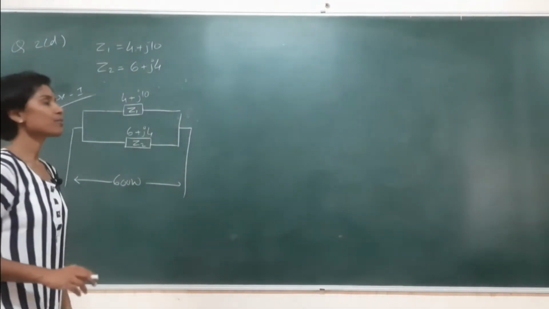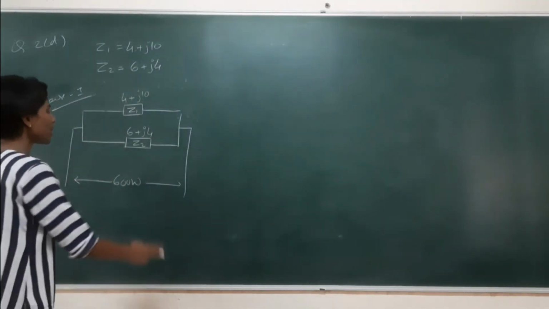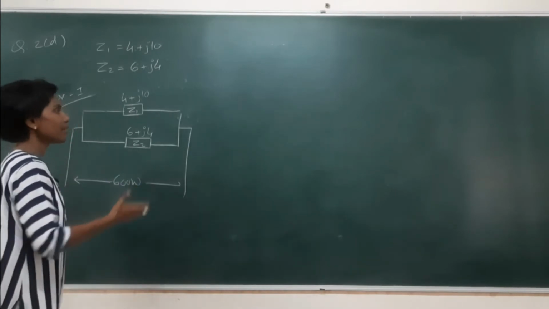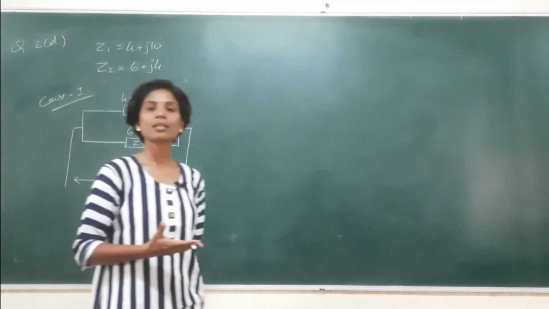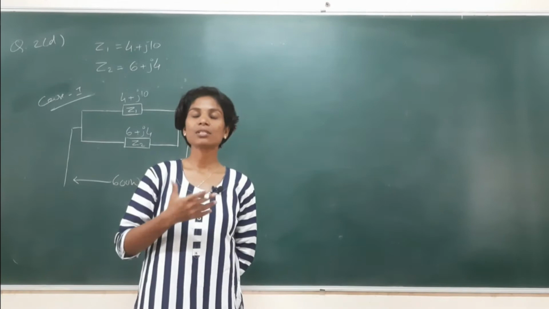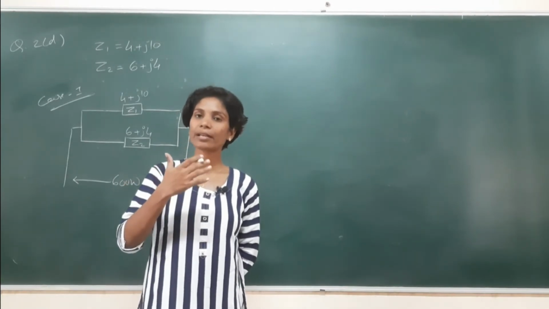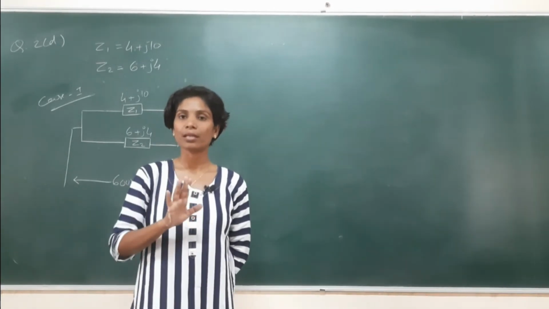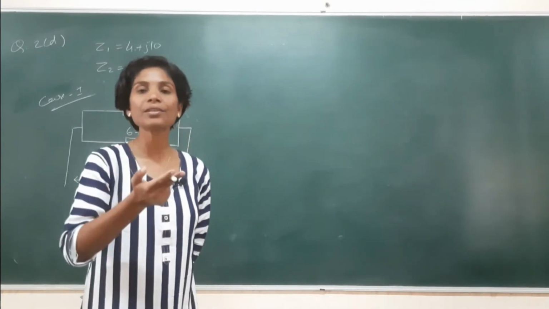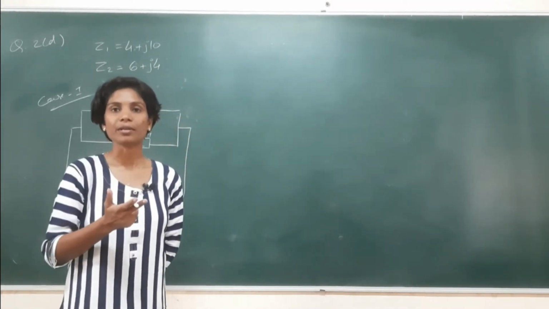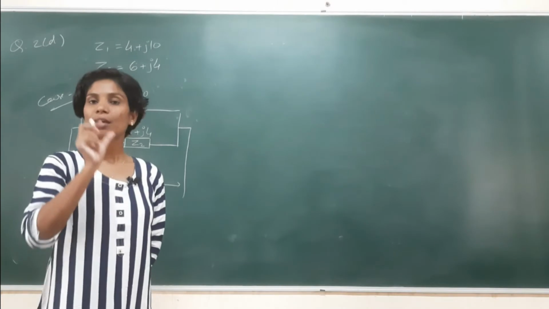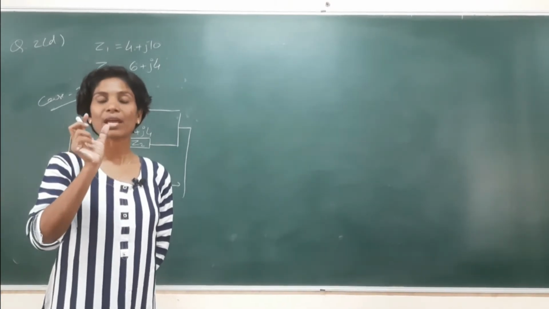Yes, so in the first case we have the parallel connection. The supply is 600 watts. Now what is the condition here? We have been given the condition that the same setup, meaning the same impedances, will be connected in series with the same supply. So the supply will be the same, and under that condition we have to check what power is dissipated. Since the supply is the same, the supply voltage will be the same.